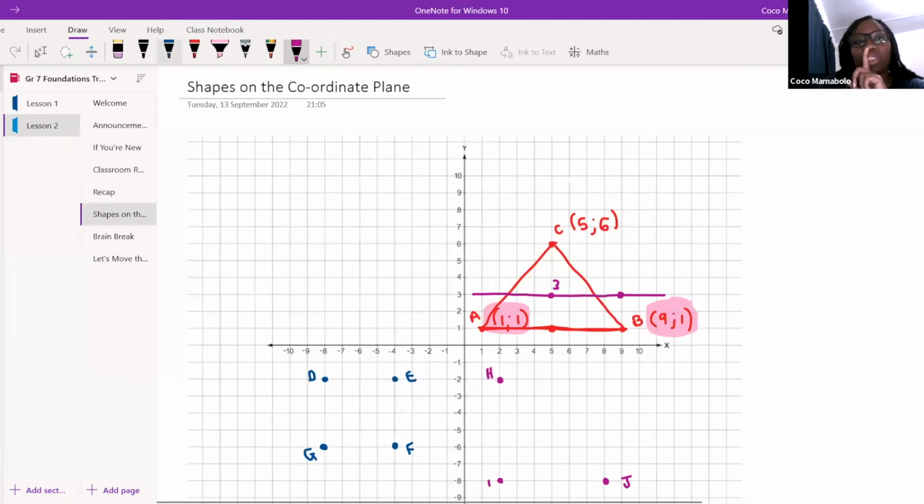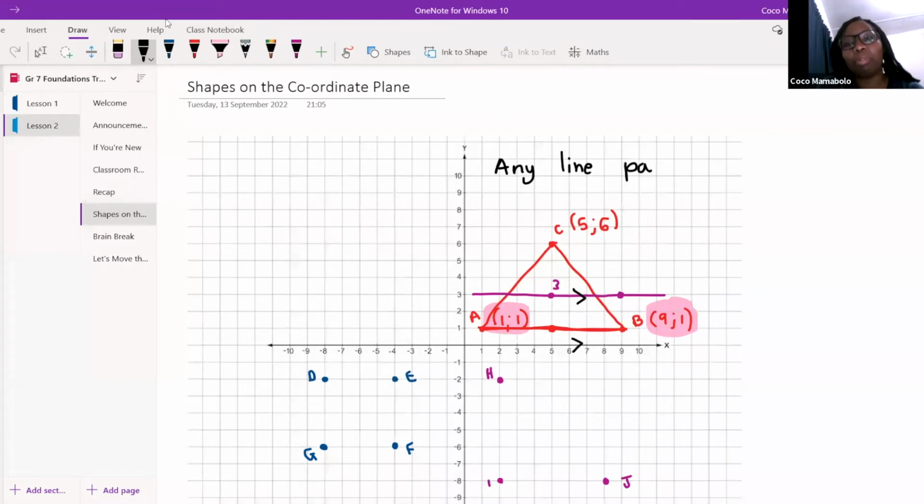Now, here's what I'm going to say to you guys. All of these lines, this line with 1 and this line with 3 over here, they are all parallel to my x line. They're parallel. Right. Well done, Piladi. They're parallel. That means that any line, and I'm going to need you guys to write this down, any line parallel to the x line,